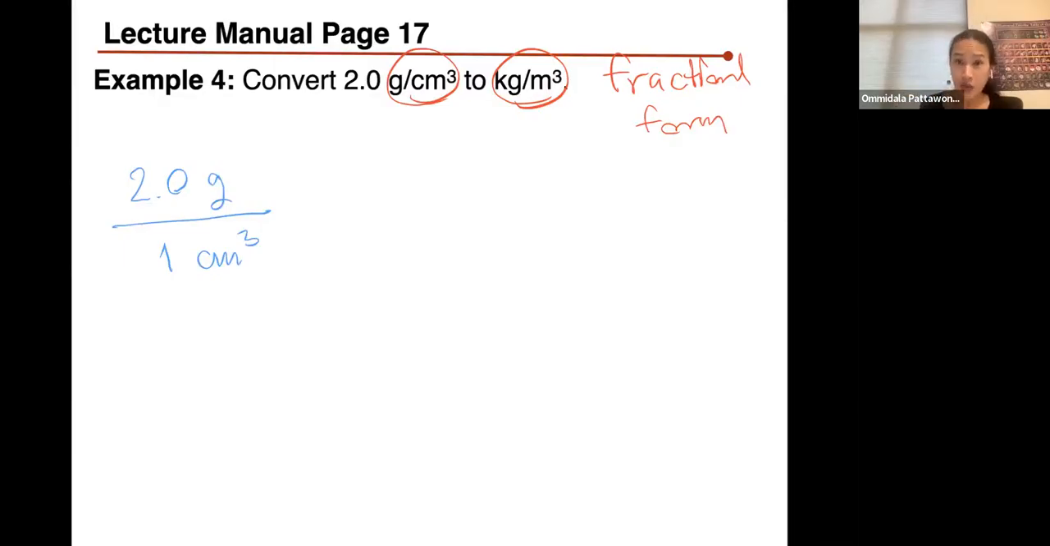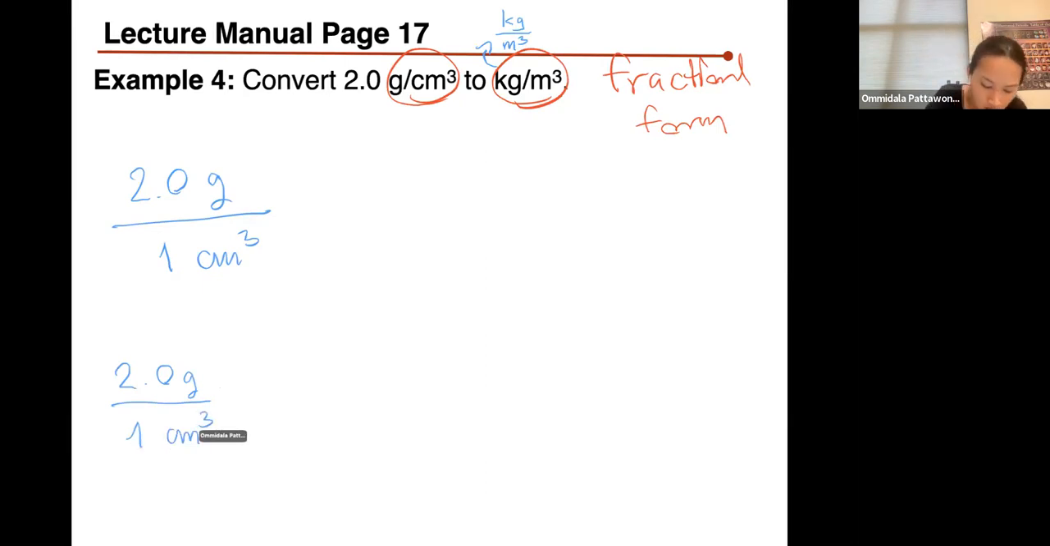Students who do well on the first exam is going to be determined by this, right? Those students who did not set up fractional form are most likely to fail the first exam. That's just from my statistics that I see over and over again for the past years that I teach. So for this problem, our final unit needs to be in kilograms per cubic meter. That's what we need. So I'm going to go ahead and set this up: 2.0 grams over 1 cubic